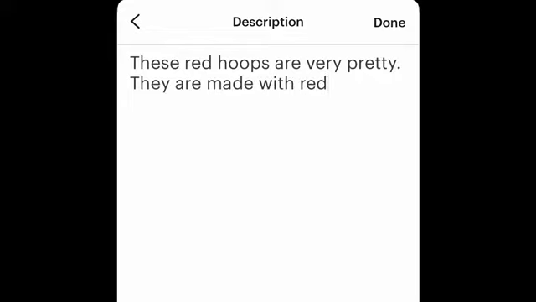They are made with, and so I'm gonna go into details. What are these hoops made with? What did I use in the materials? They're made with red Heishi beads,